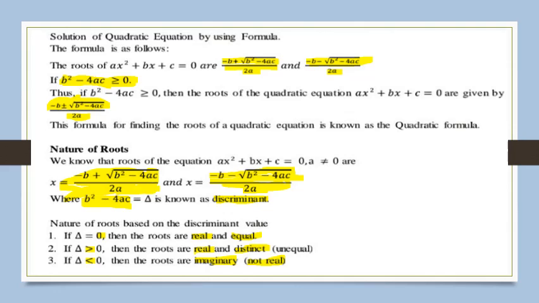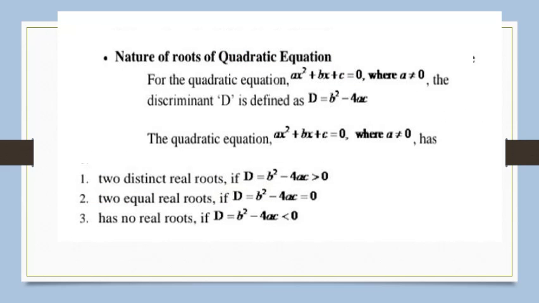When the discriminant is positive, means greater than 0, then the roots are real and distinct, means unequal. And when it is less than 0, means it is negative, then the roots are imaginary, and in this case we don't have to calculate the roots by any method. Therefore, from only b square minus 4ac, which is known as the discriminant, we can tell how the roots are. Are they real, equal, distinct, or in short, imaginary?